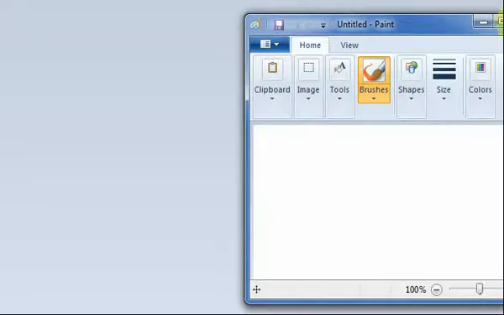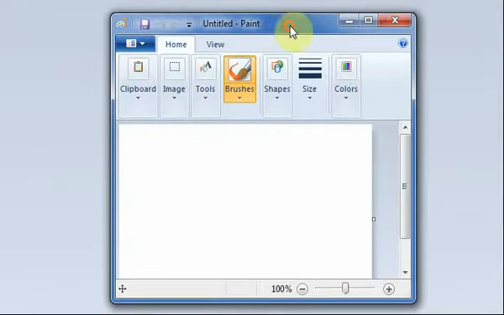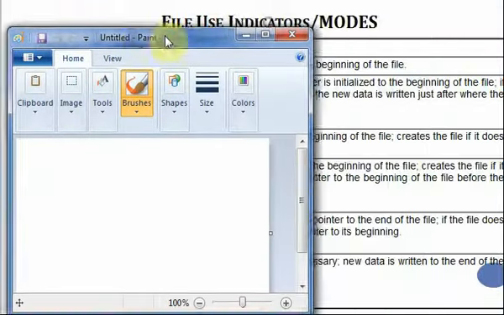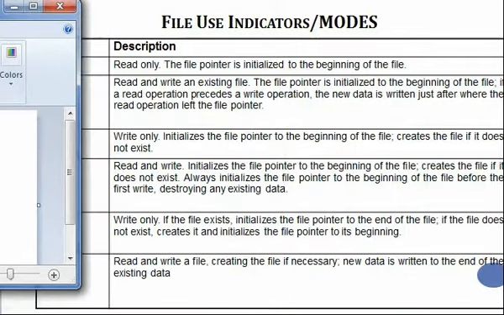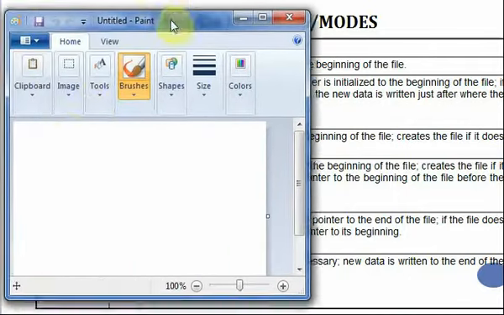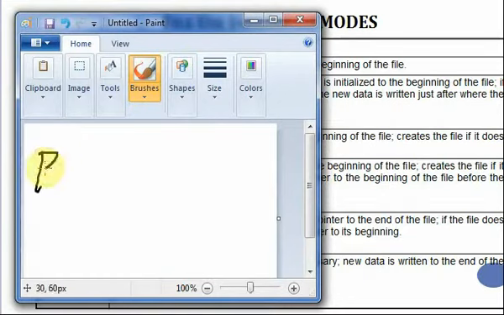Since read is first, the new data is written just after where the read operation left the pointer. So the read should be completed, and only then the update, that is the write operation, will be done. That is what they are saying.